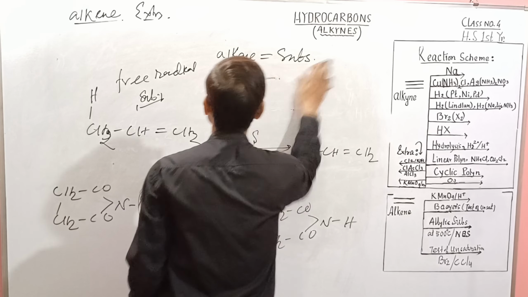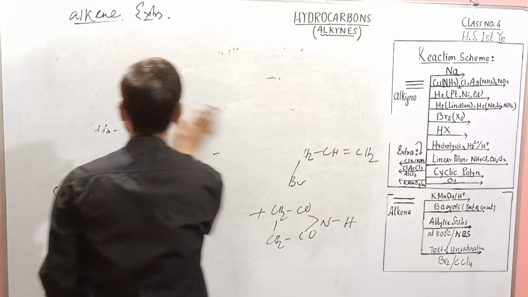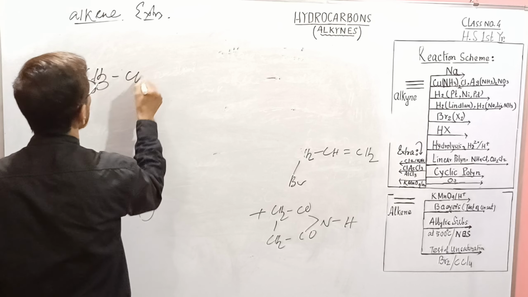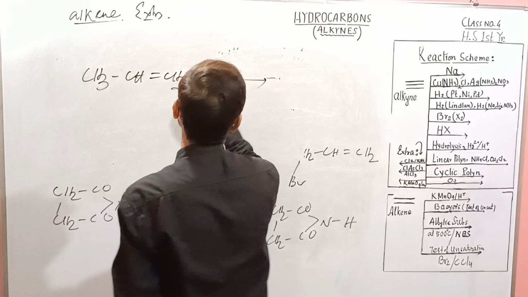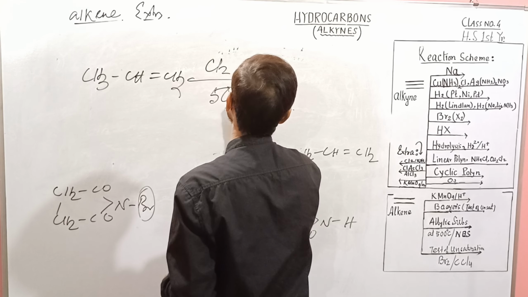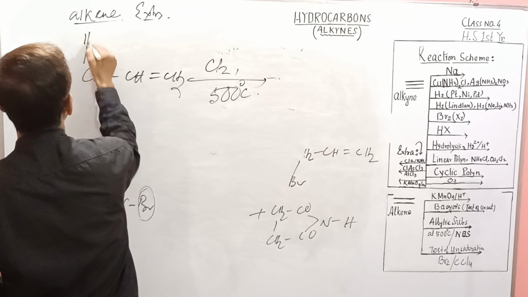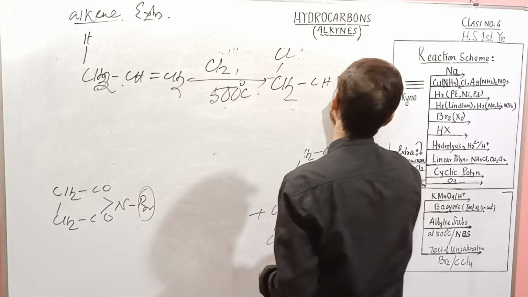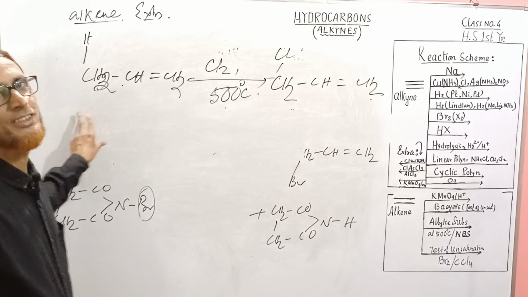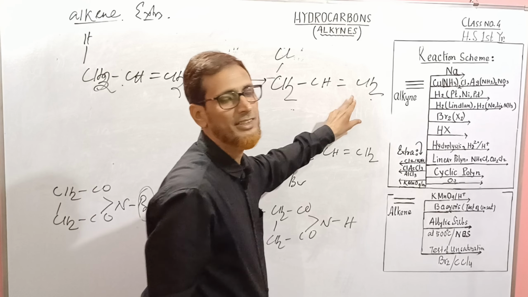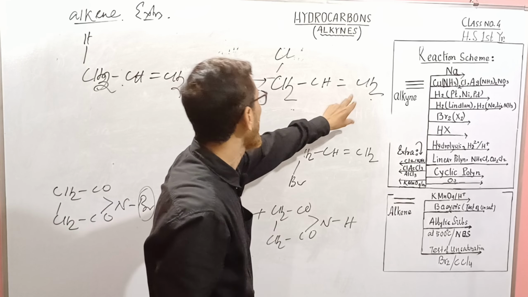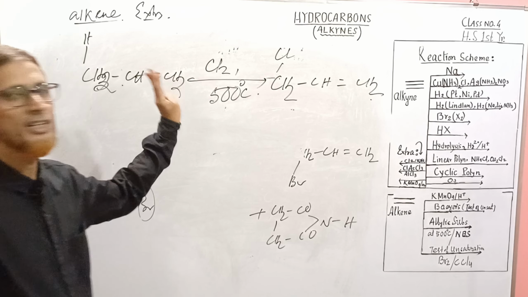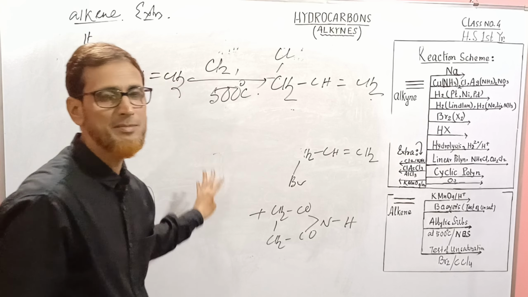Another important and exciting reaction, very often asked in entrance exams, is again allylic, concerning CH3 CH double bond CH2. This is propene. Say it is treated with chlorine at a very high temperature. Again in this position, if you write it this way, there will be allylic substitution. The double bond part remains intact. It has not been touched, and there is no chlorine or any halogen added there. It is substituted at this position. So under these two conditions, very often asked in entrance exams, very high temperature and NBS,